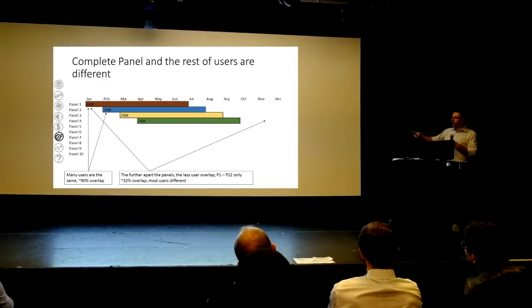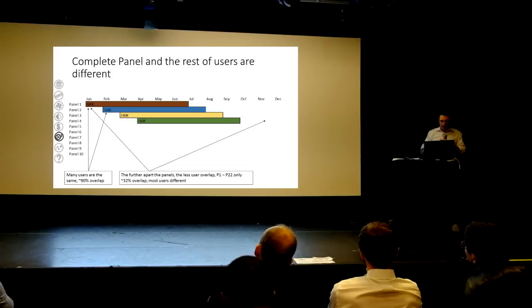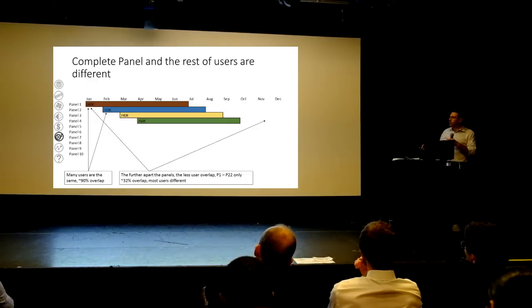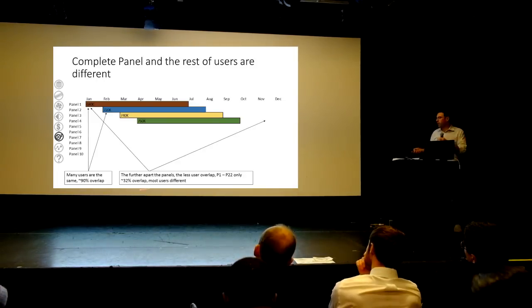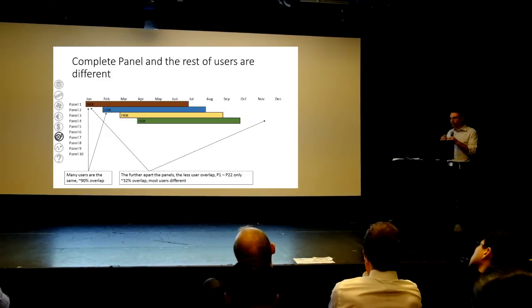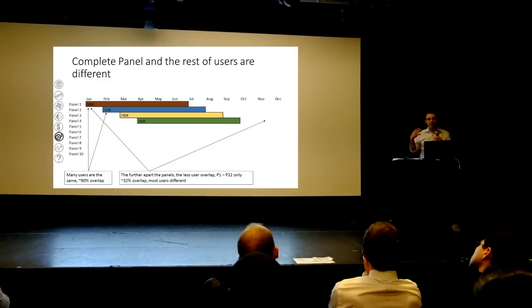So we create a 6-month panel of users who have all that data, and then we shift it down one. So we keep doing this, all the way down, and so you can, for example, understand that panel 1 and panel 2 have a lot of overlap of users, but panel 1 to panel 22 have less and less overlap of users. And also, there are no fixed effects that can explain this difference.